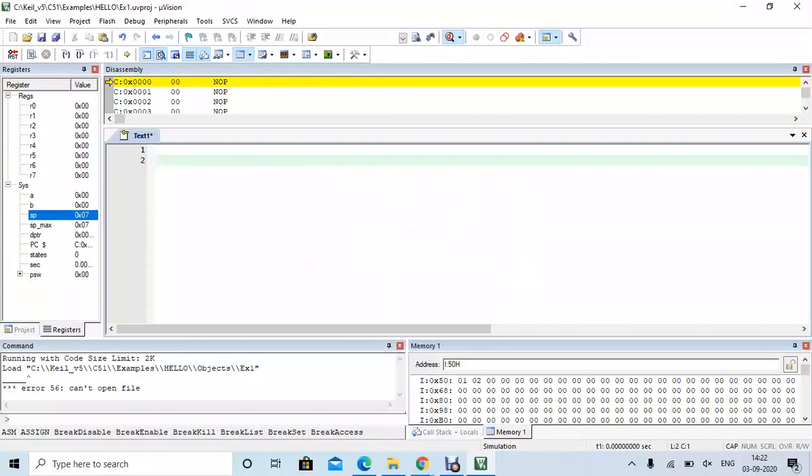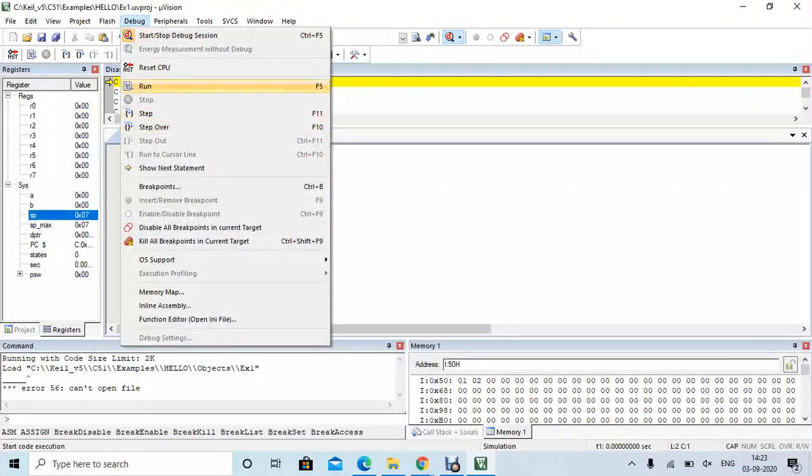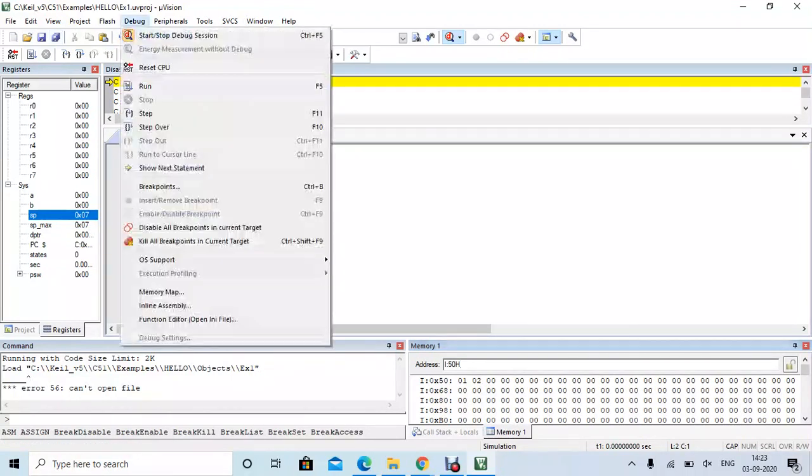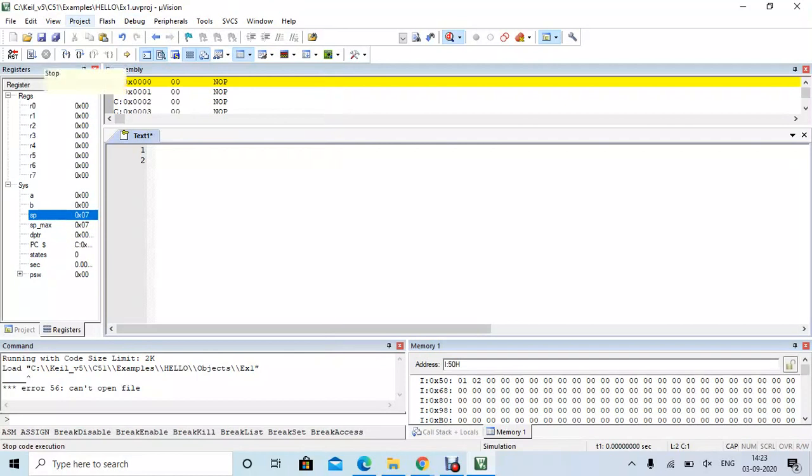Once you have written the values, that is you have given the input, then you can click on the run option, that is F5, and then you can go to the memory location where the output is to be checked and verify the output. Once that is done, you can stop the running session by clicking on stop run, or you can click on this X mark which will be activated and in red color.